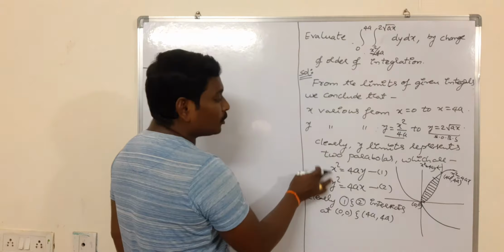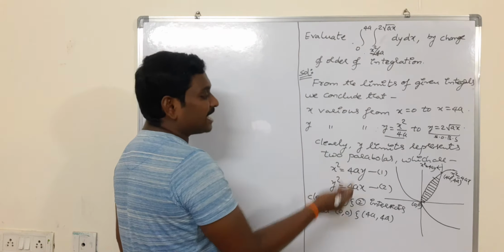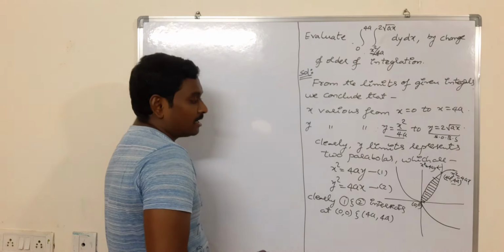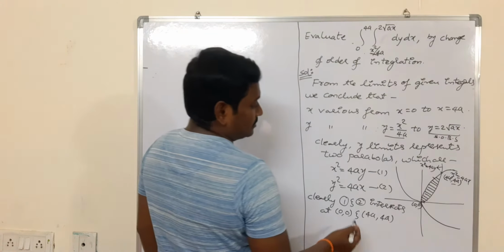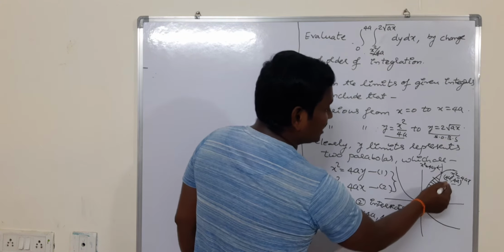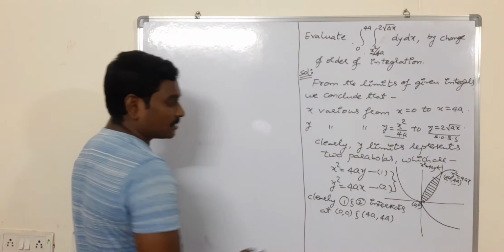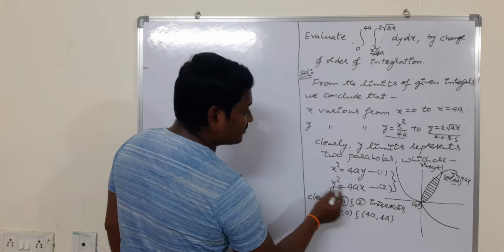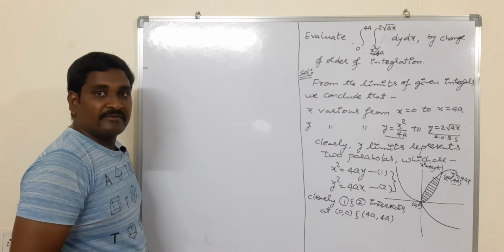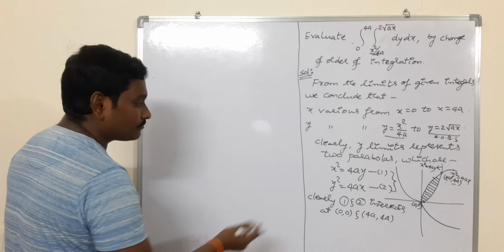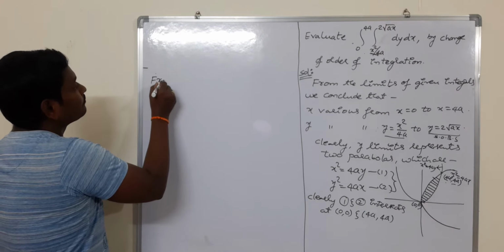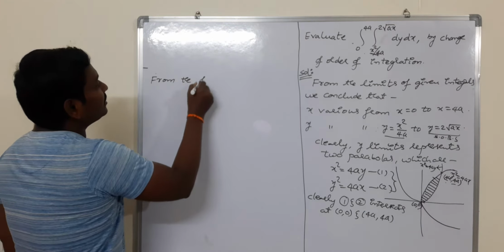Okay, since these both are standard parabolas, we can directly conclude that this intersecting point is 4a comma 4a. Otherwise you can prove that by solving these two equations, both are intersecting at origin and 4a comma 4a. Okay, substitute the x value, which is y square by 4a, in this equation, you will get the x values and y values. Okay, anyway, from the figure,